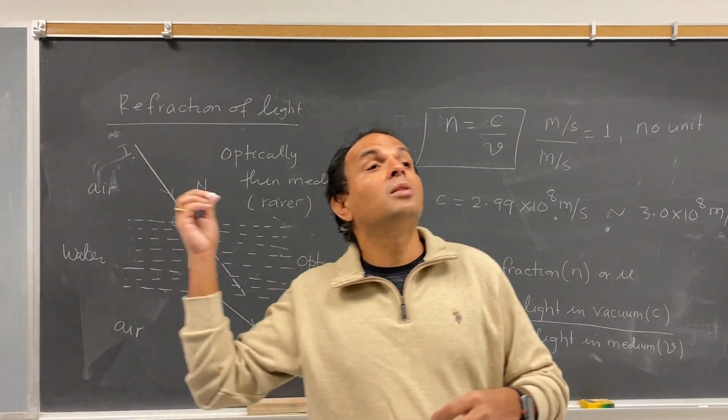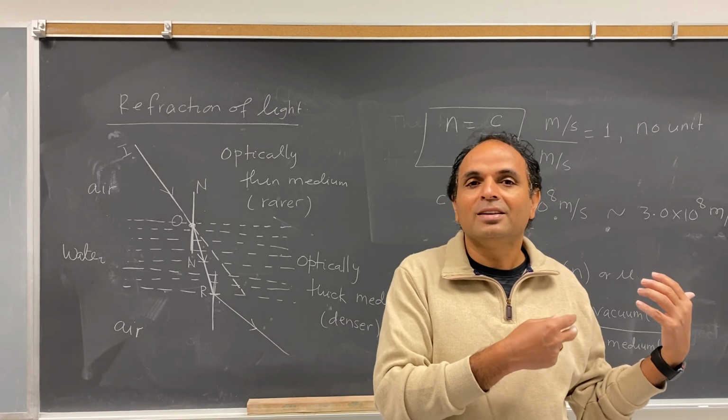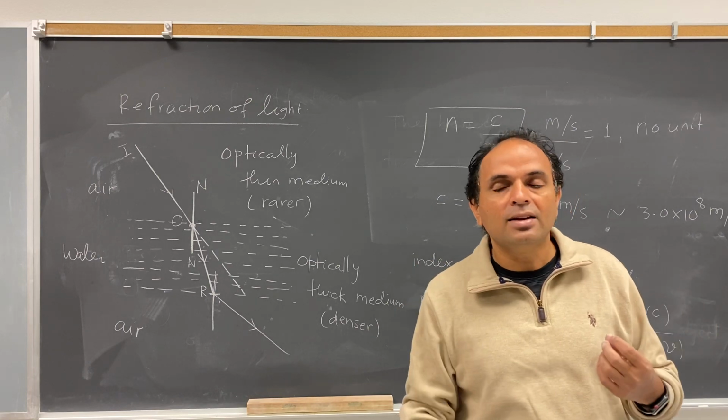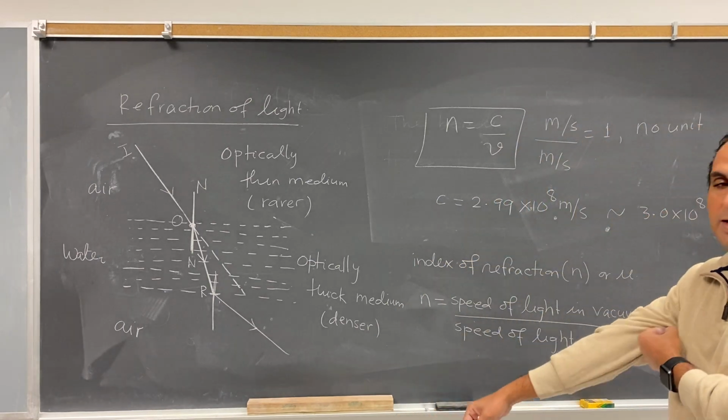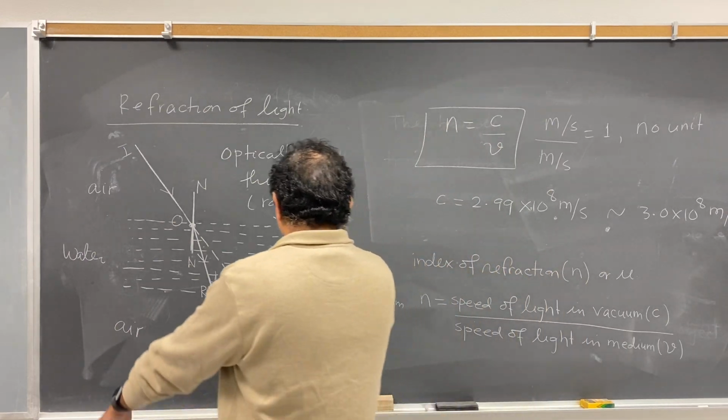If I want to throw an object, we cannot get that speed so far. So far we cannot throw any object with that velocity. The speed of light is 3 times 10 to the power 8 meters per second. It is better to memorize this. Okay, so the index of refraction